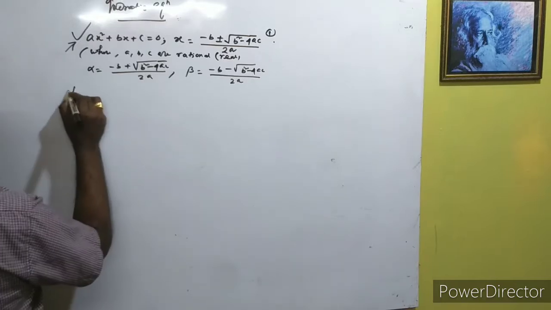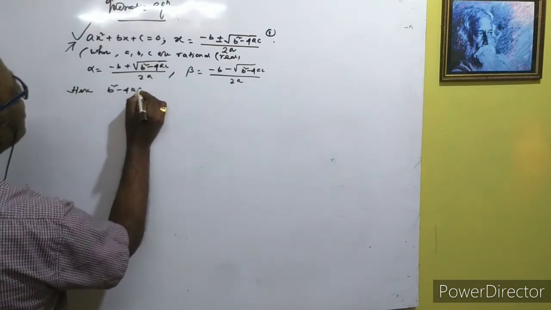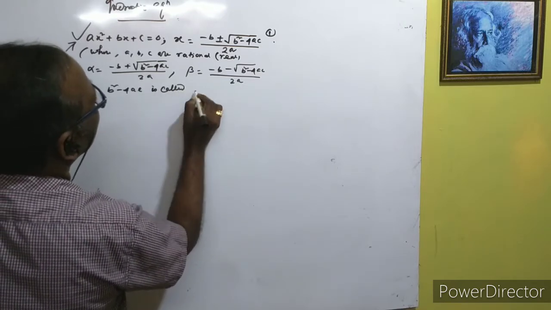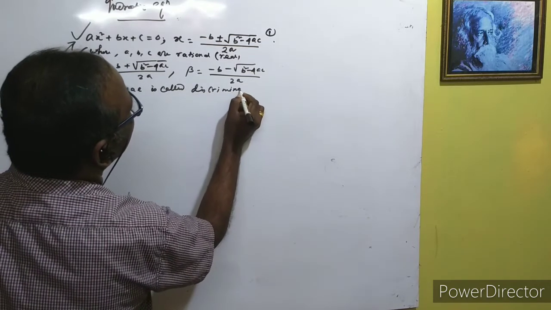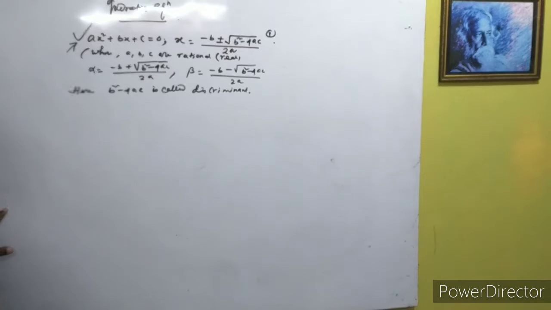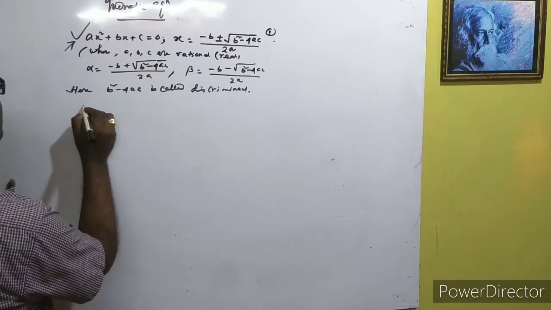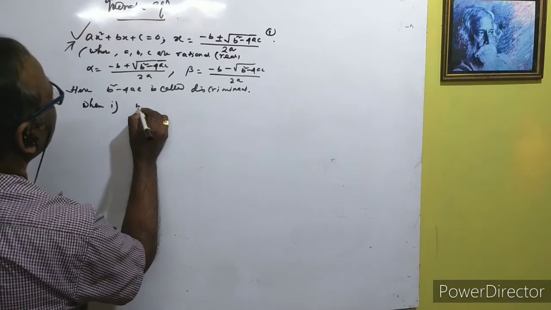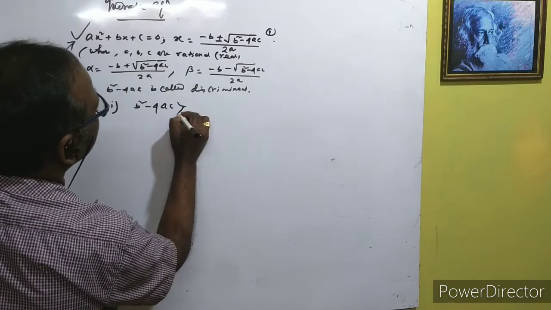Here, b square minus 4ac is called the discriminant, and the nature of the roots depends on the discriminant. Number 1 point, when b square minus 4ac is greater than 0